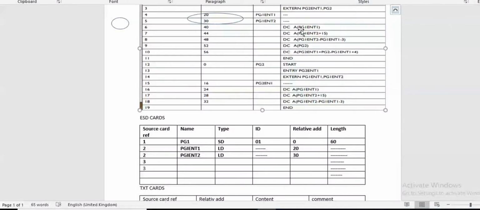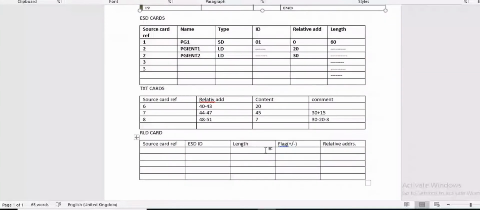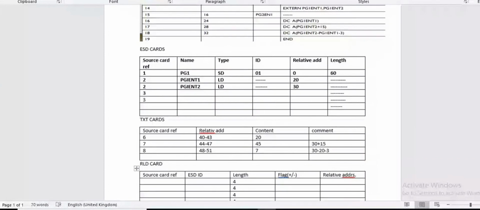And always remember, the length of every instruction is 4. So whatever we are calculating, its length should always be 4. And the flag: if the value of the content is negative, then you have to set the flag as negative, otherwise the flag is positive. Now we have not got any negative value, so I am setting all flags as positive.